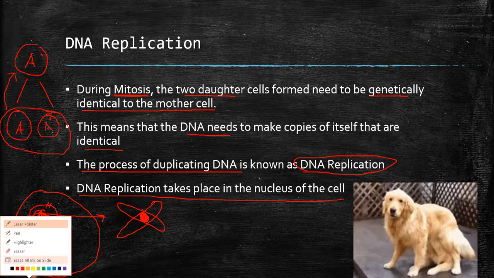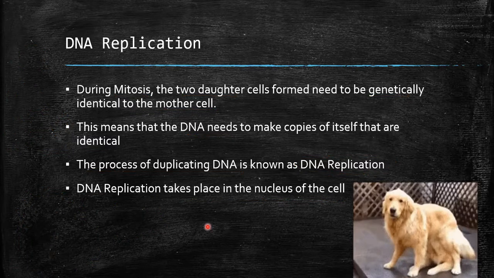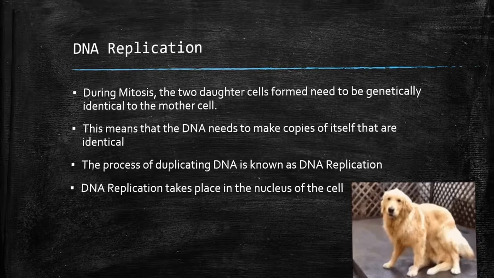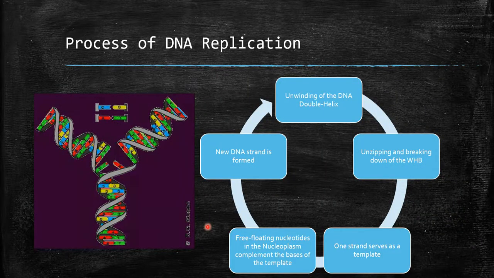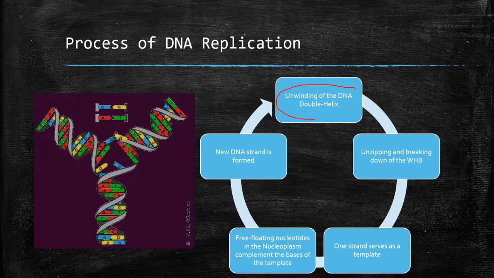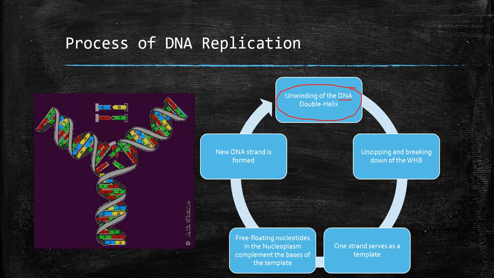Alright, so now moving on, I will erase these. Now moving on. Right, the process of DNA replication. Now I'm gonna explain this in a condensed package. I'm gonna try to redraw it. First step is the unwinding of the DNA double helix. Now DNA has a specific structure in nature called a double helix. This means that